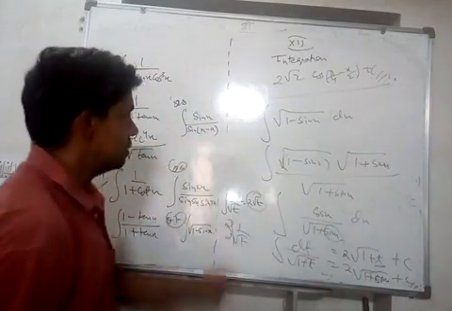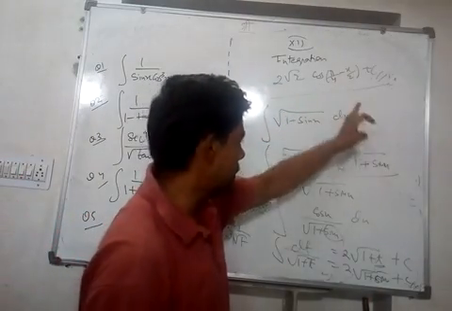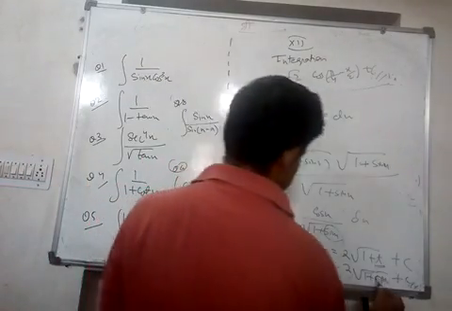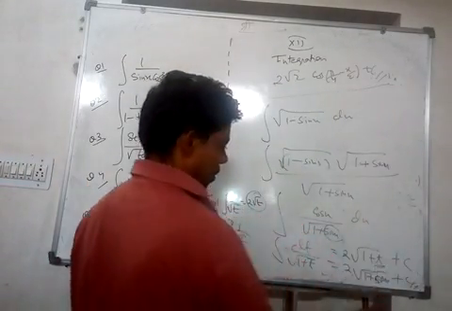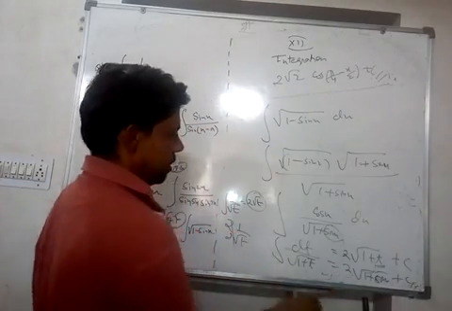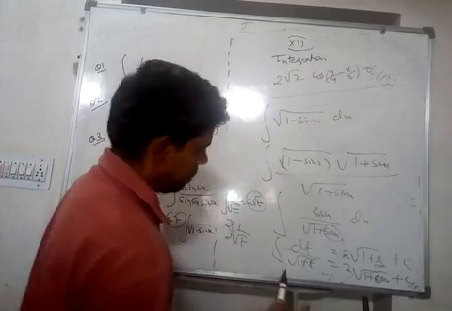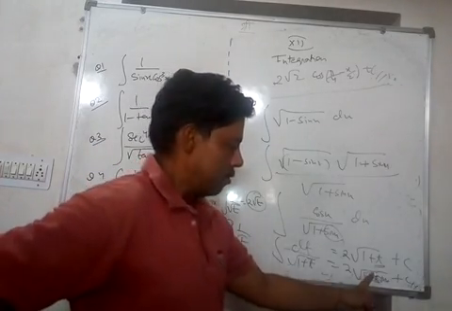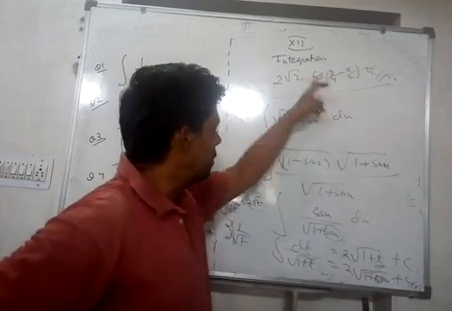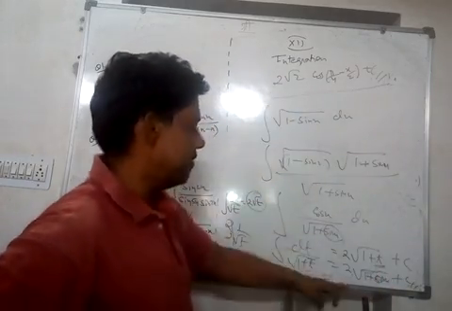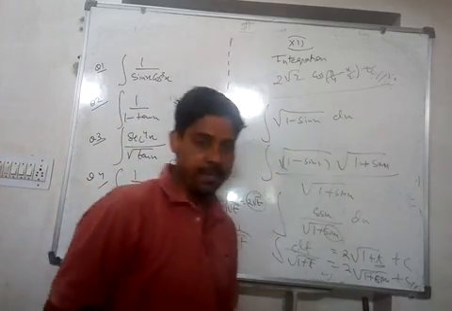And the other answer is 2 root 2 cos(pi by 4 minus x by 2) plus c. It's actually matching. If you check, you can write cos(pi by 4 minus x by 2), and that can be written using the identity 1 plus cos 2 theta equals 2 cos square theta, and that will match because root 2 will come out. So this is one and the same thing if you apply some trigonometric identity, right?